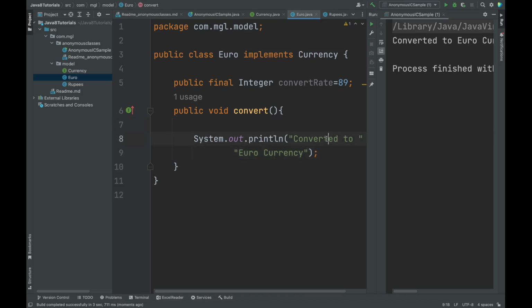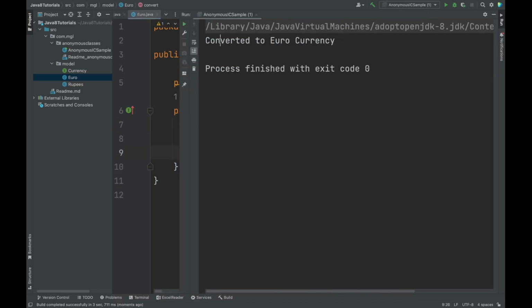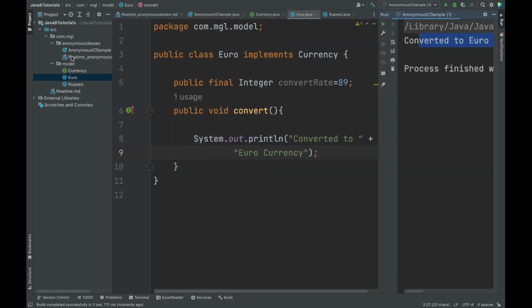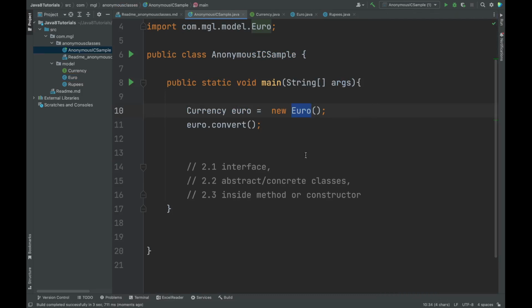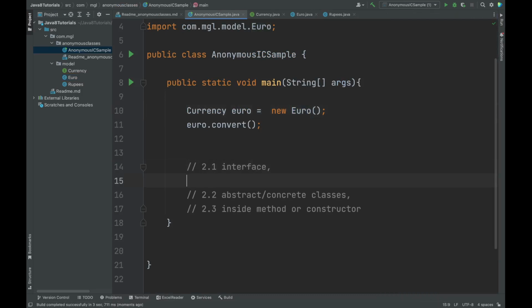It should be printing "converted to the euro currency." If I see my output here, "converted to the euro currency," very simple, right? I'm creating an object of Euro, so it is implementing. Now, same thing using our anonymous class, if I have to implement it,